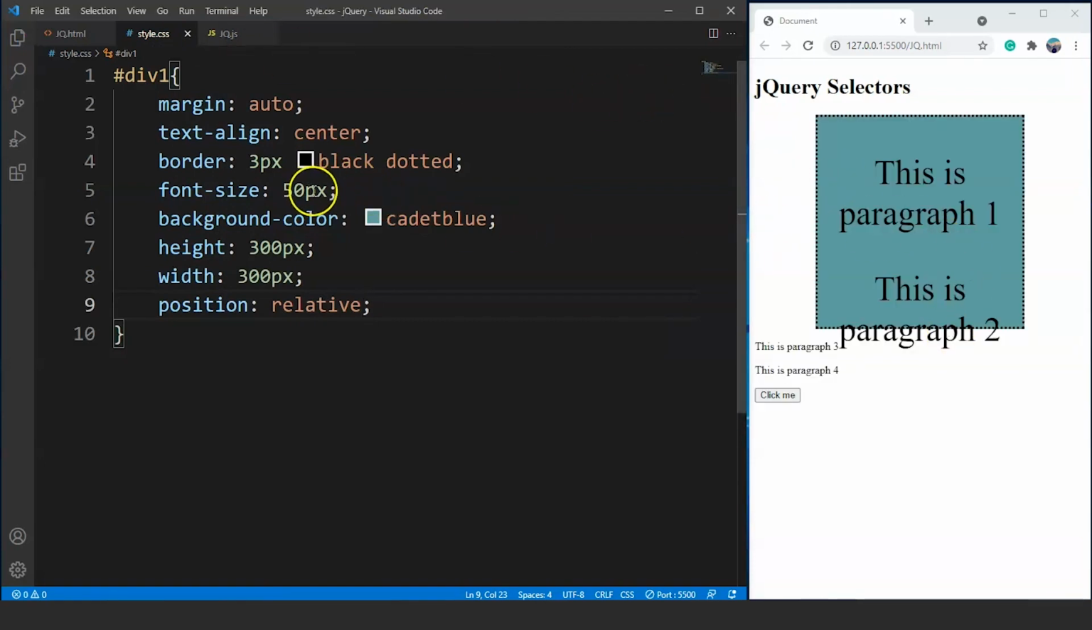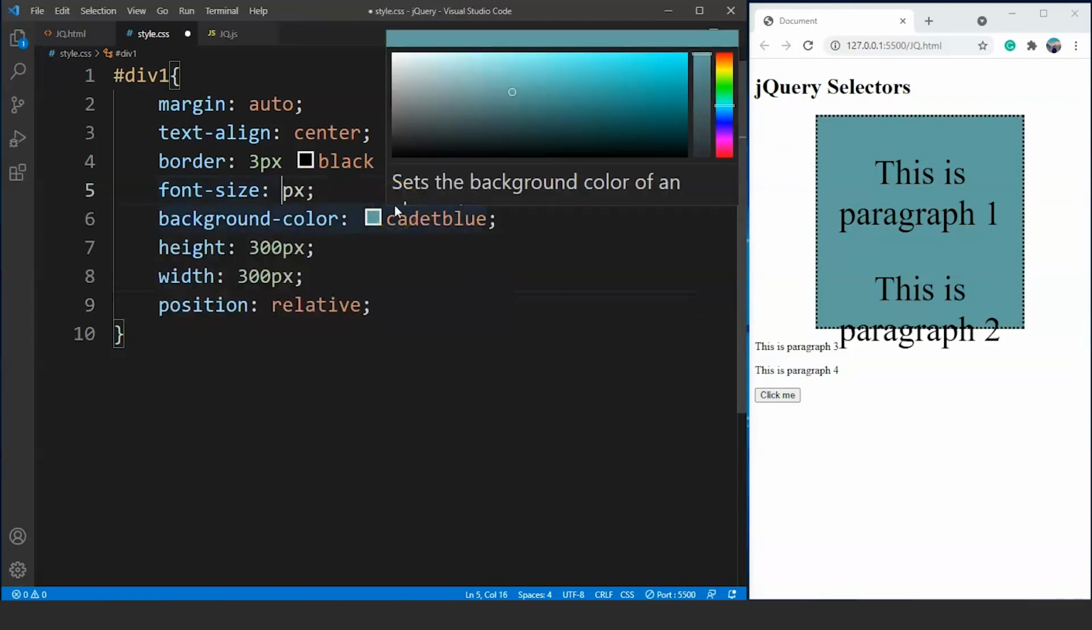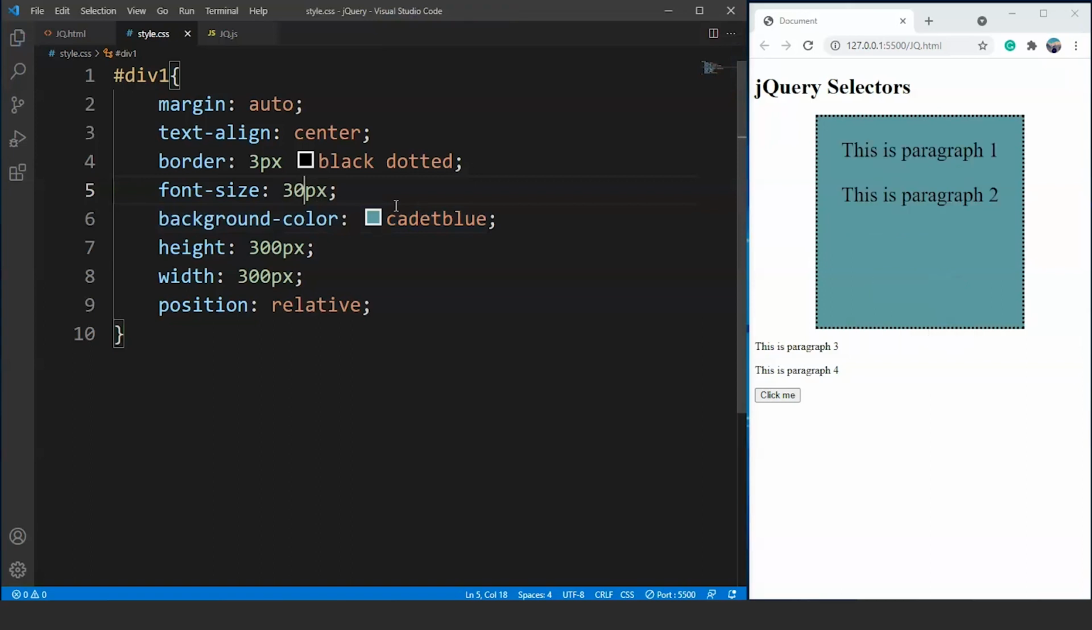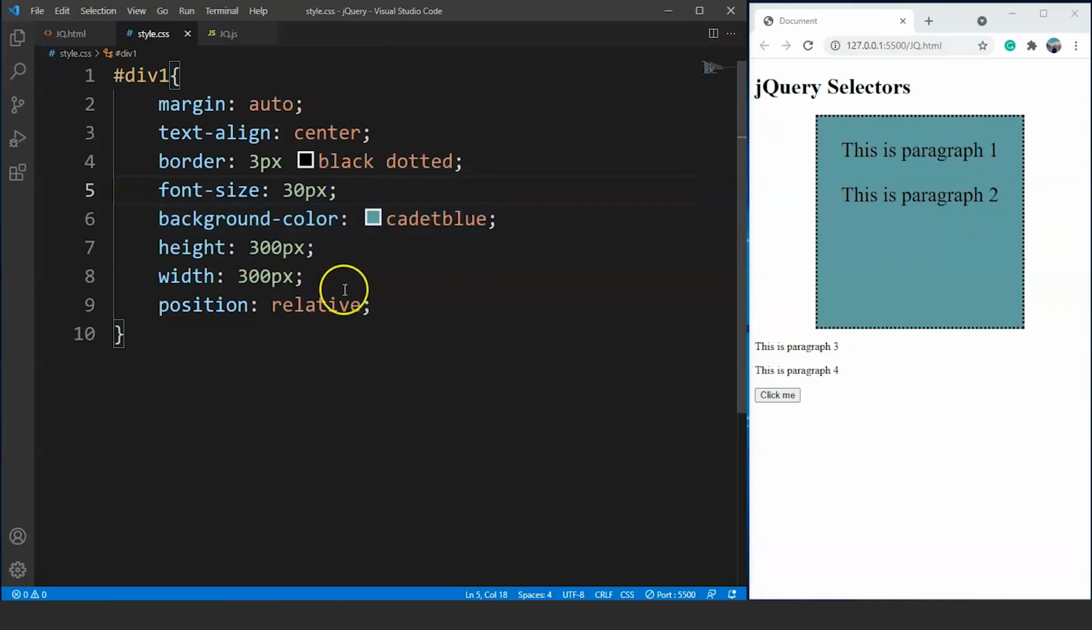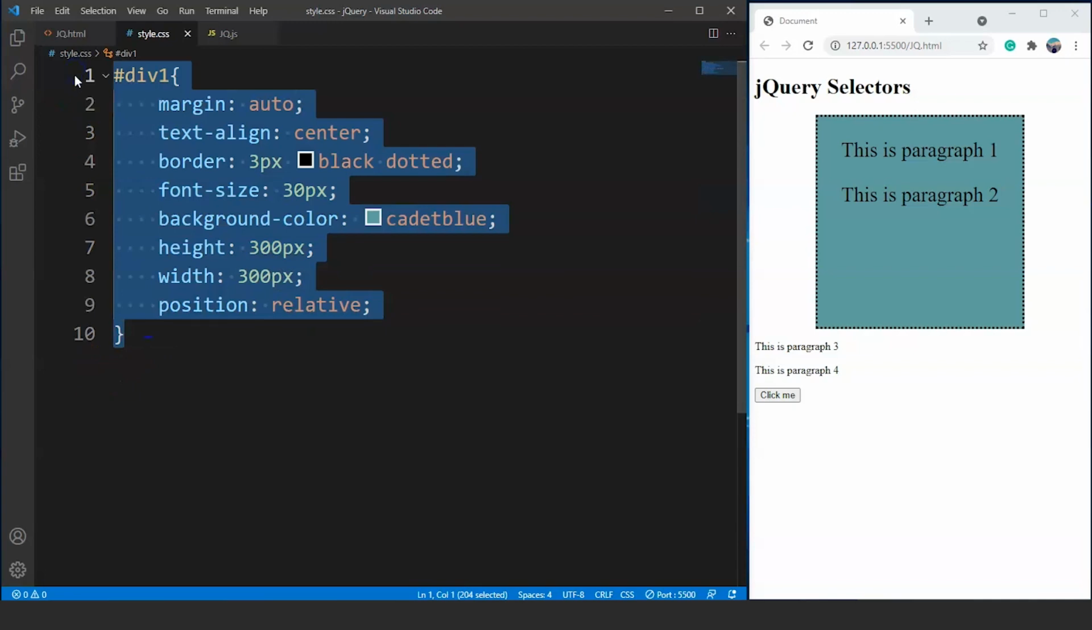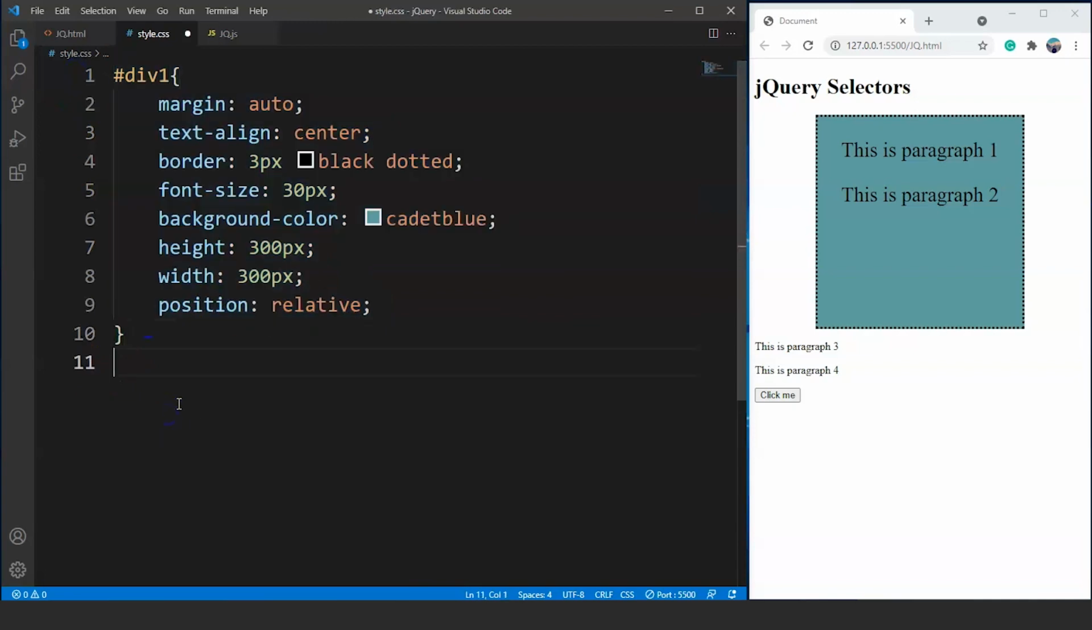So you can see the font size is quite large. What we'll do is we'll reduce the font size here. Let's say the font size we are going to write here as 30 pixels. So now you can see it's working totally fine. We have two paragraphs inside a particular div tag. We have two paragraphs inside a container. What we'll do next is we'll copy this piece of code and we'll do the same thing for the second